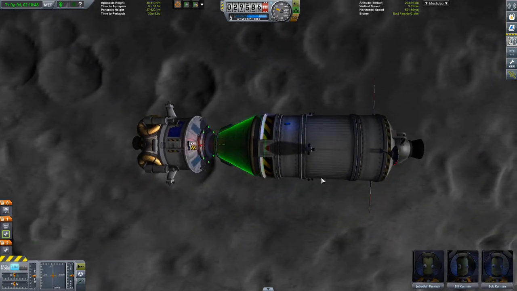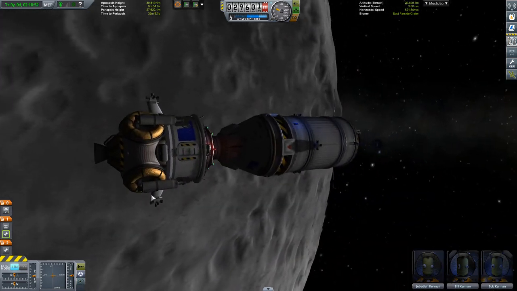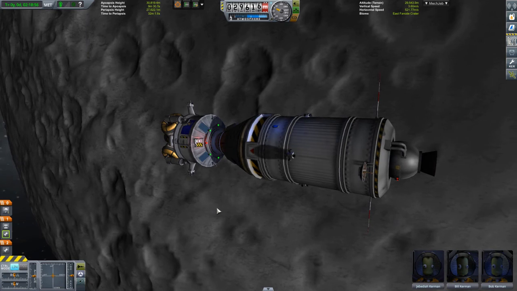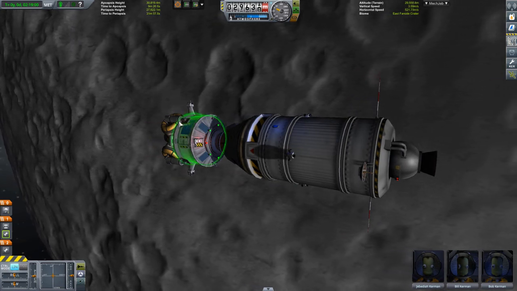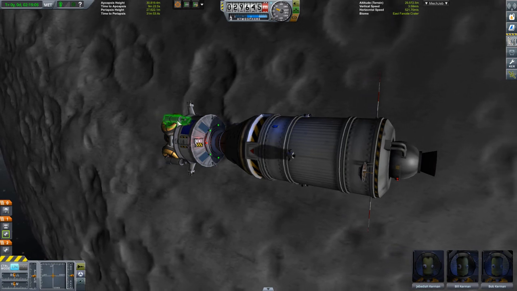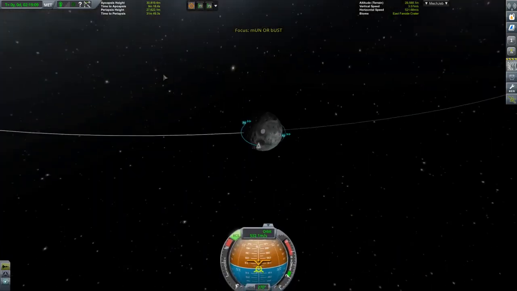So we have our command module, service module, and our lander here ready to go. No scientific equipment on it, just the flag. That is all we're going to do today. We're going to get down there, plant the flag, and then we're going to get back up here, dock, go back to Kerbal. So real quick, let's go into map view